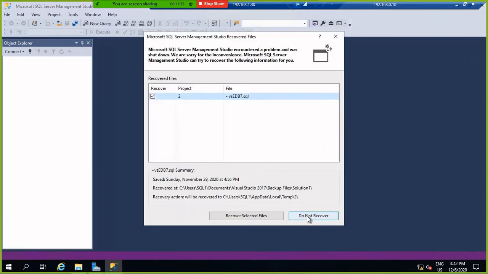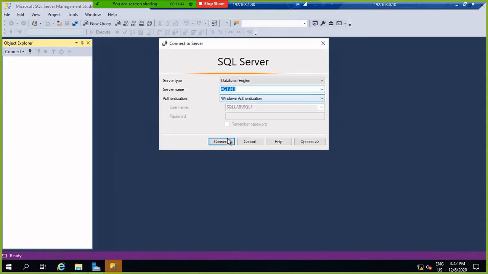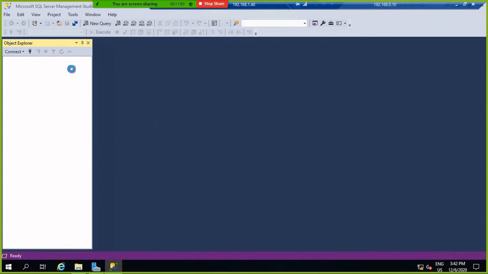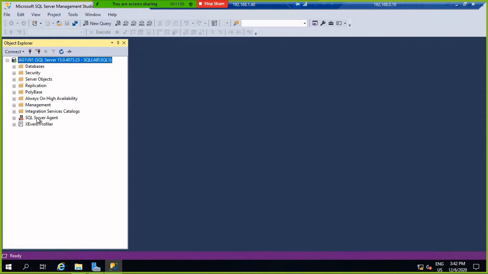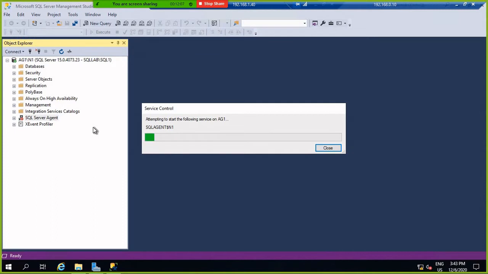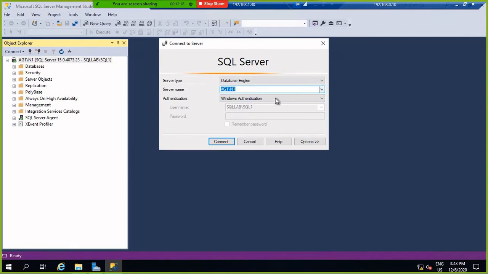So now it is connected here, just connecting to the SQL instance. Check that the service is started or not. Connect the secondary instance also.